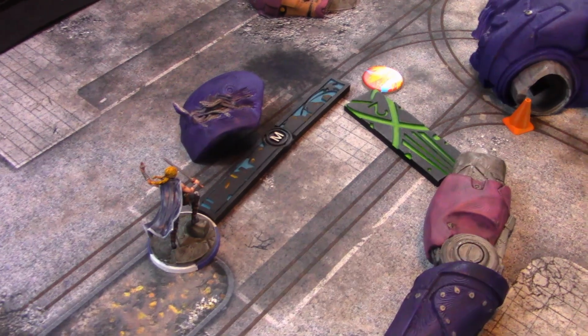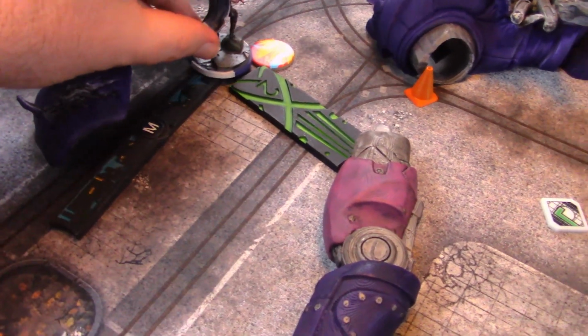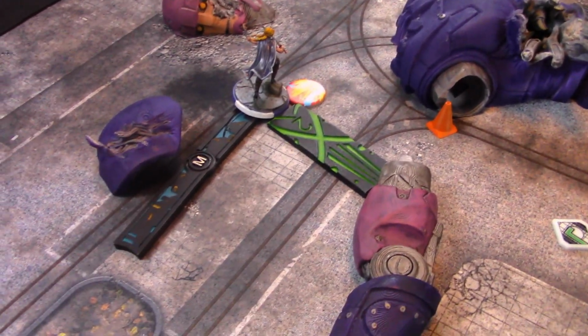All right, for my third activation of the round, I'm going to go with Valkyrie, and I'm measuring from this arm because Magneto's leadership ability is awesome. So Valkyrie is going to spend her 2 power to throw that arm short...